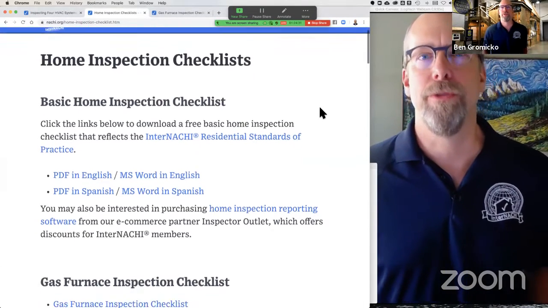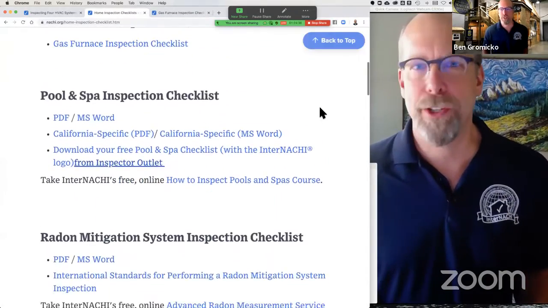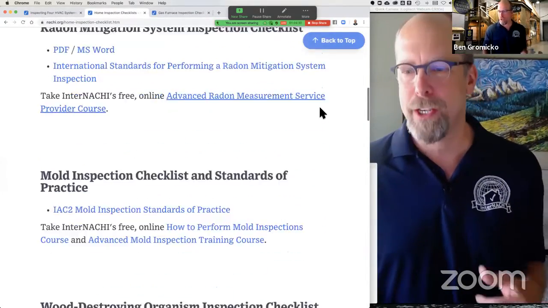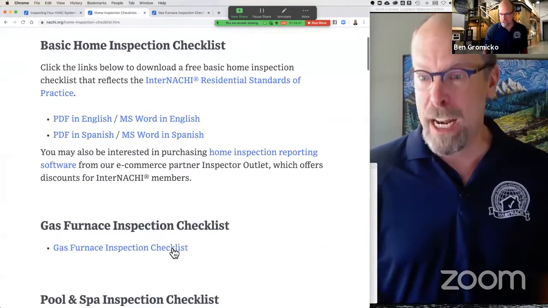There's a home inspection checklist. There's a gas furnace inspection checklist. There's a pool and spa checklist. There's a radon mitigation inspection checklist. It goes on and on and on. And if you take a look at the gas furnace inspection checklist,